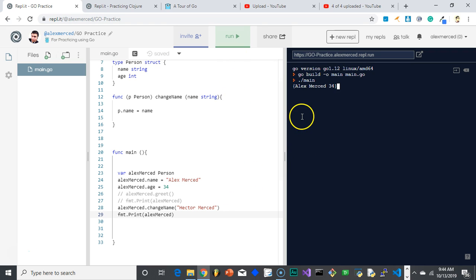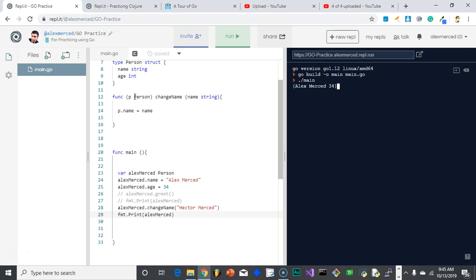Okay, so in that case, it did not change the name. Just like a normal function, that's what I thought was going to happen: the stuff in the function doesn't stick. If we do want it to change the name, you have to use a pointer. So essentially the way we would restructure this program when we write this function